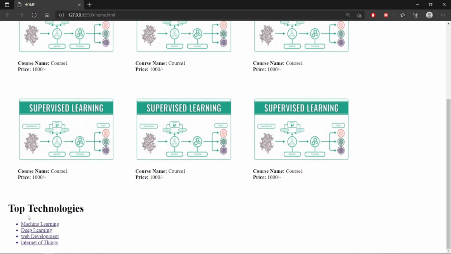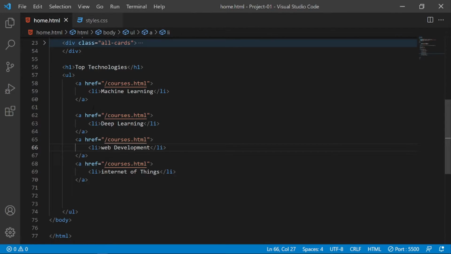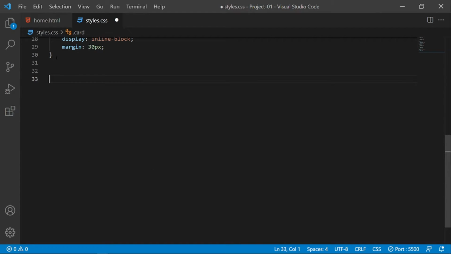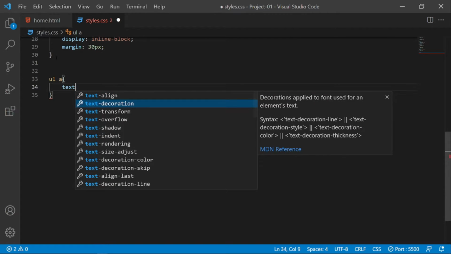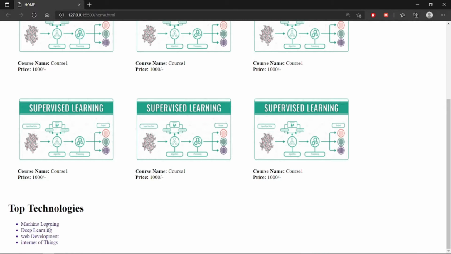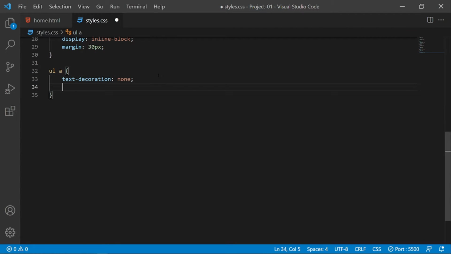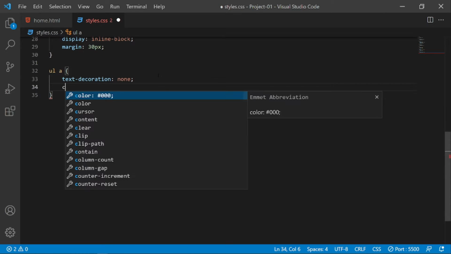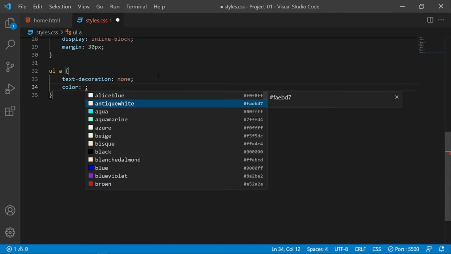And now if you look, here also we should change the text decoration to none, so what we're gonna do is go to the styles, and in the list we have to select the a tags, and make text decoration as none here. Okay, and also we will change the color of the text here. This color we will make black here.